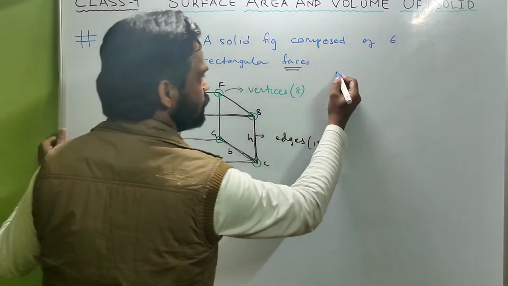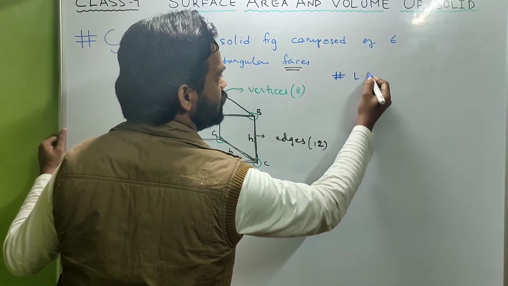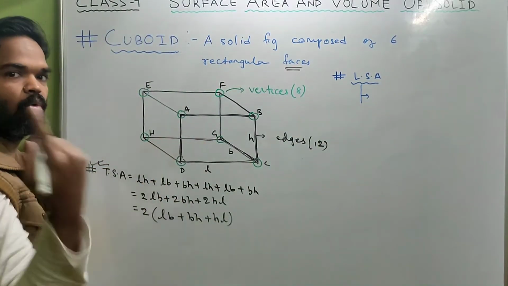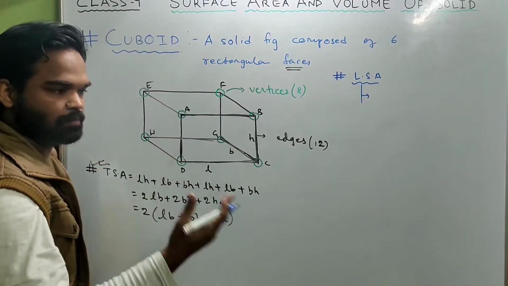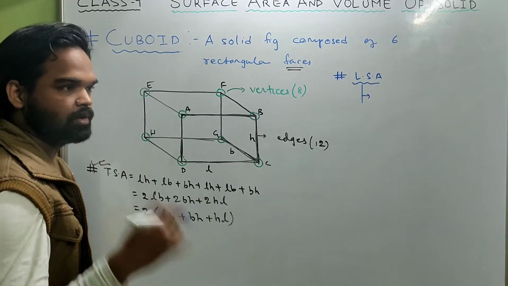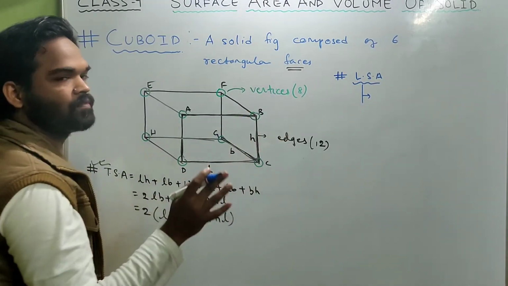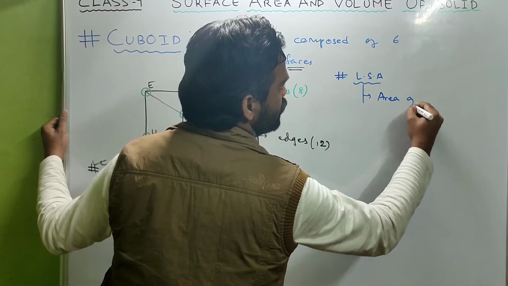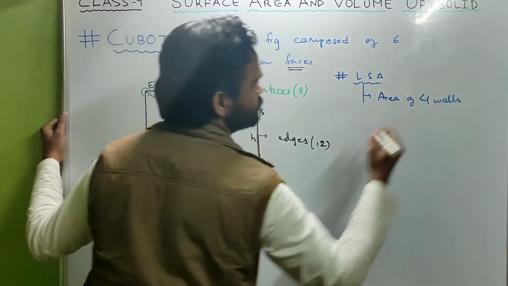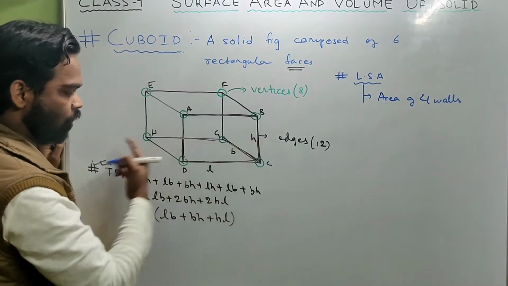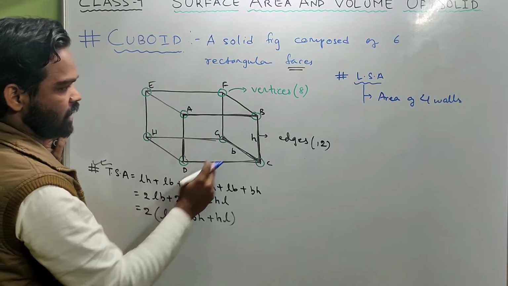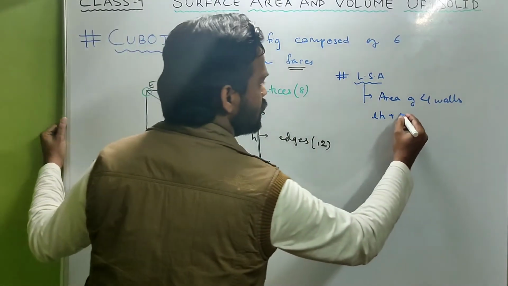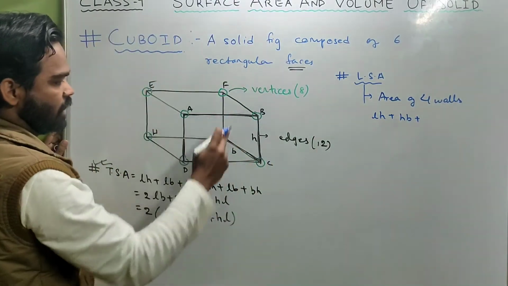Now, one more thing. Lateral surface area. When you talk about the lateral surface area, it is the area of 4 walls. Suppose I'm standing in a room, it's cuboid in shape. So the area of the 4 walls is known as lateral surface area, not the floor and the roof. So the area of 4 walls, if you look carefully, is L into H plus H into B plus again L into H